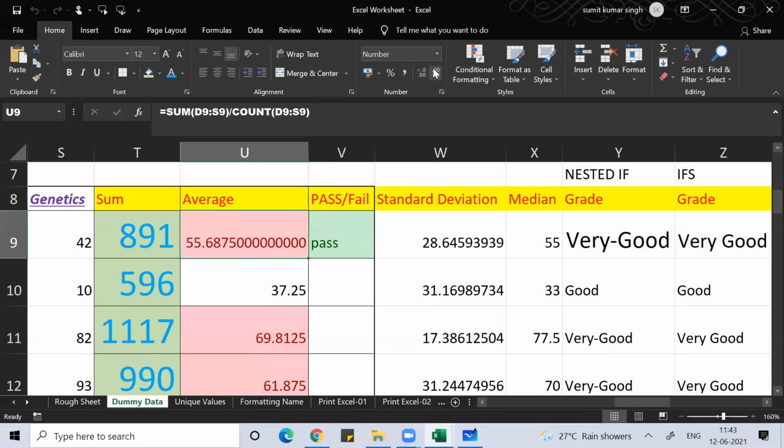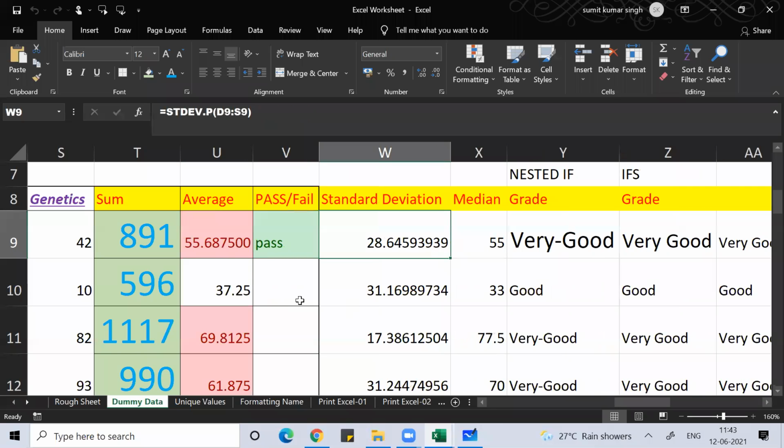If you decrease or increase the decimal, the cells will automatically get auto fit. Clear? I hope you remember. We discussed writing that program, cells dot entire column dot autofit. With that, you can do that.